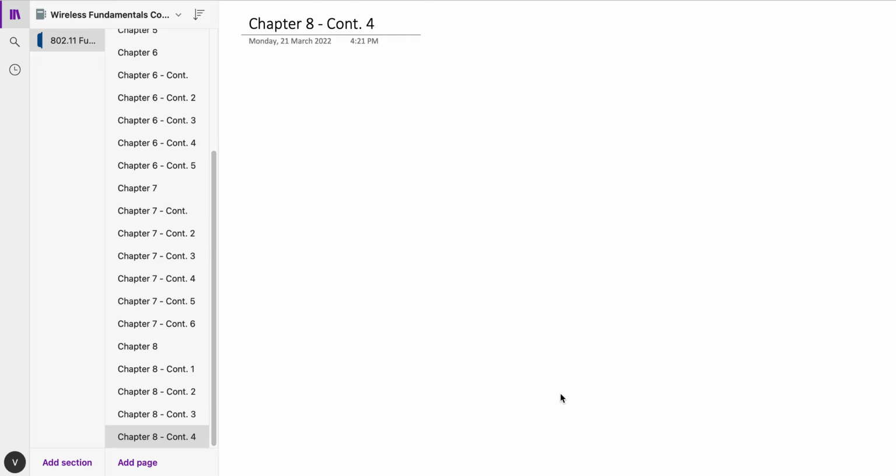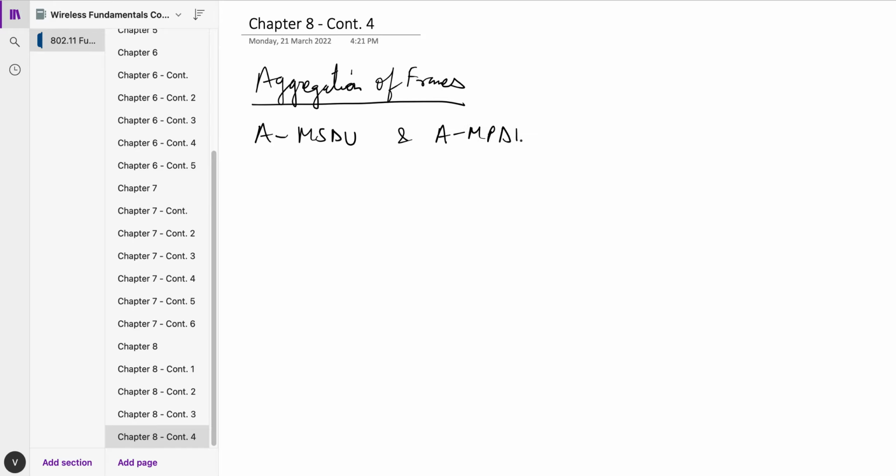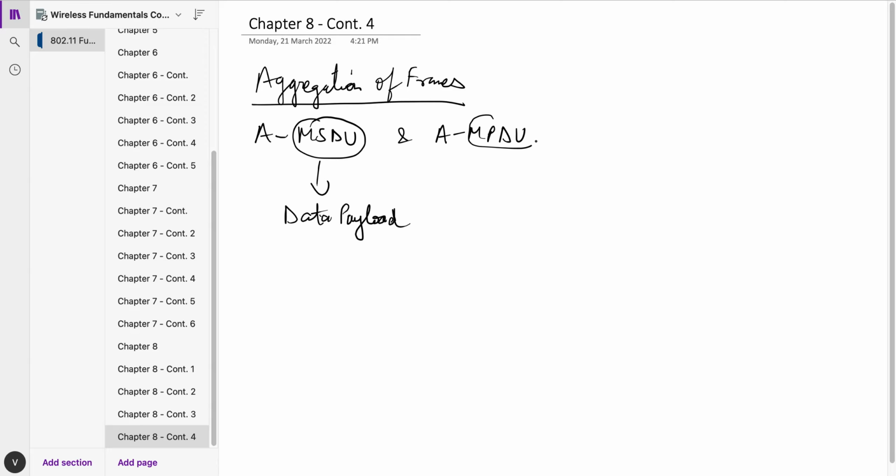Advantage of .11n is aggregation of frames, which means we are now able to combine more than one frame together. It's like A-MSDU and A-MPDU. You know what MSDU is. MSDU is the data payload, right? And MPDU is the complete 802.11 frame